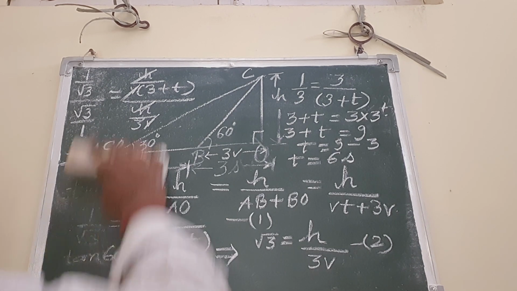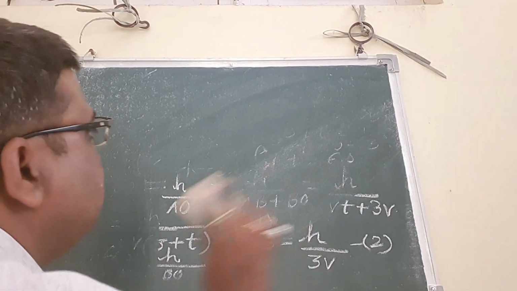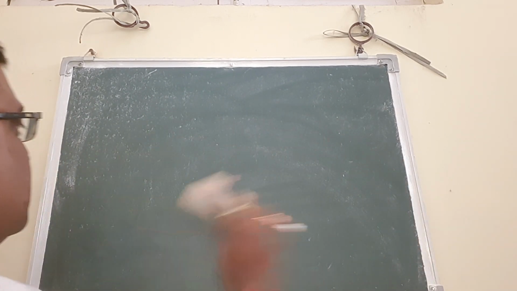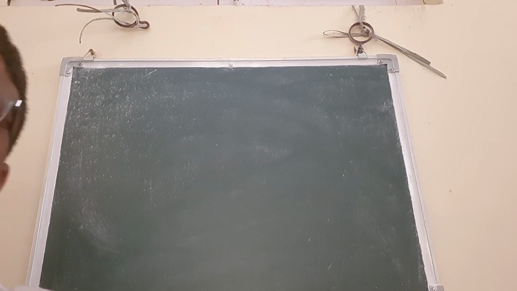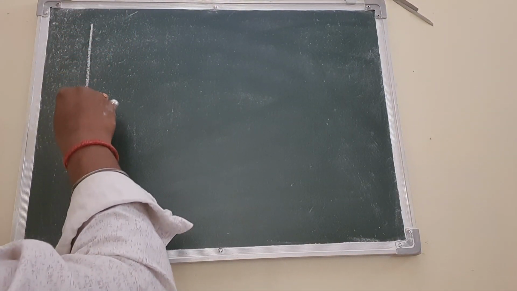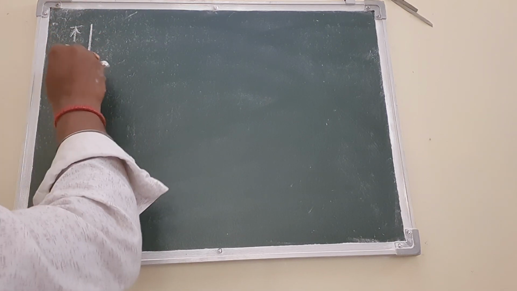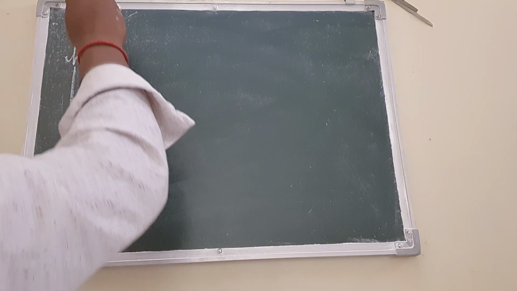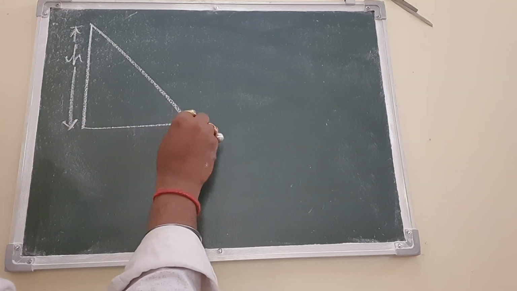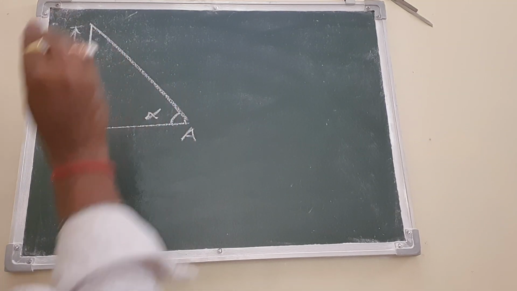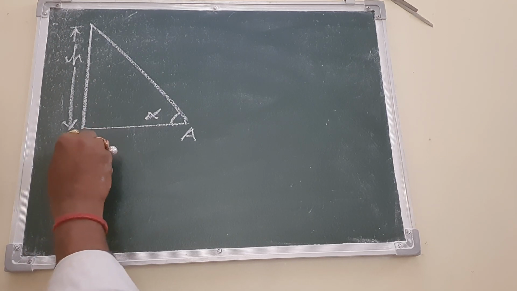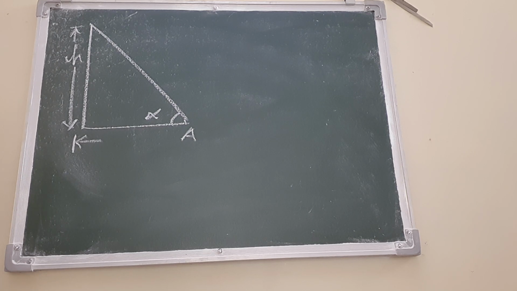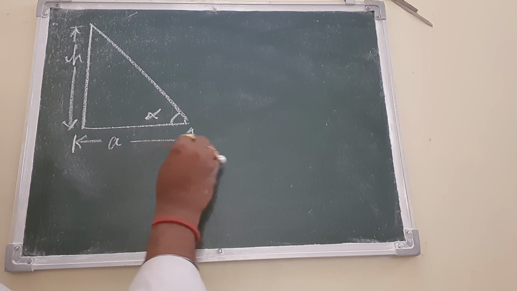So I am rubbing the board. So the next question is, there is a tower and there is a building which is having a height of h, and it subtends an angle of alpha from a point A on the road, which is at a distance of a from the foot of the building,